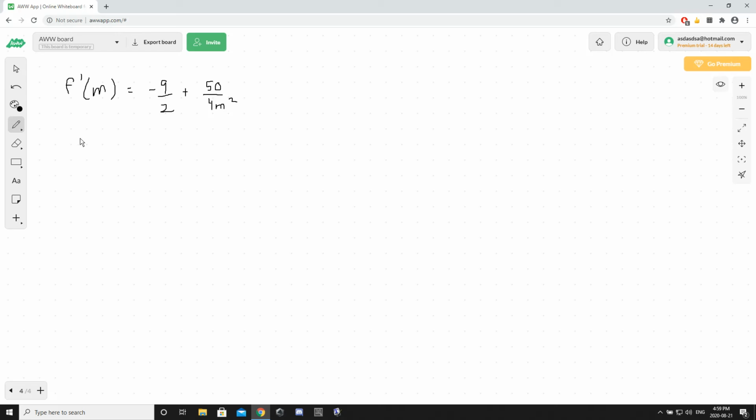Okay. And let's go ahead and just determine what is the second derivative of this function. We're going to use the quotient rule again. In case you've forgotten, maybe I'll just rewrite it here for you guys. Okay. It tells us that if you've got a fraction and you want to determine the derivative of that fraction,